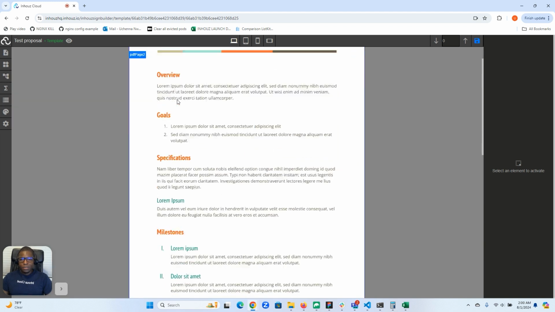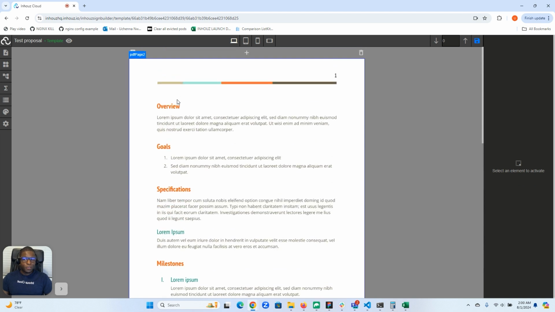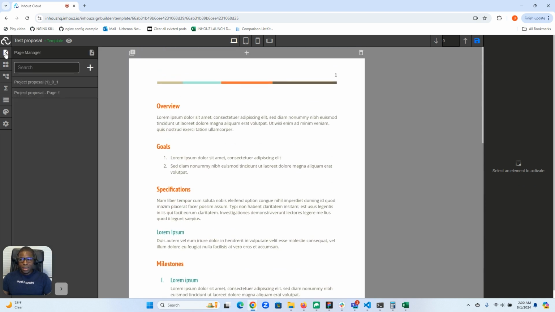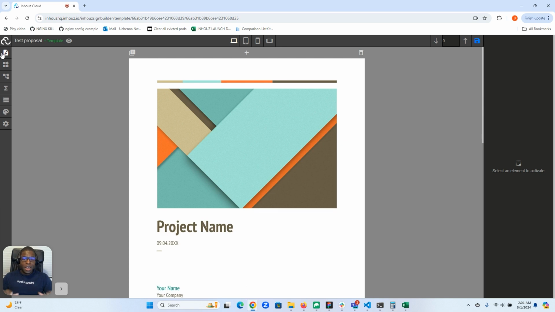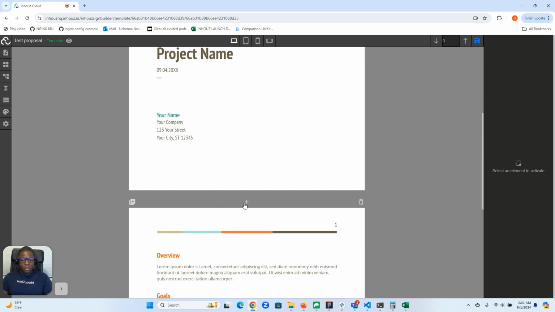You can reorganize your pages by simply dragging and dropping. And if we close this out, you can see that the second page is now the first page. I'm going to go ahead and rearrange that back. So imagine if you had a ton of pages and maybe they were out of order. You can rearrange them. You can also decide where you want to duplicate things or where you want to add